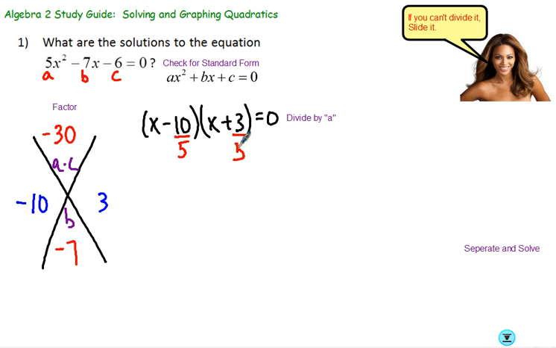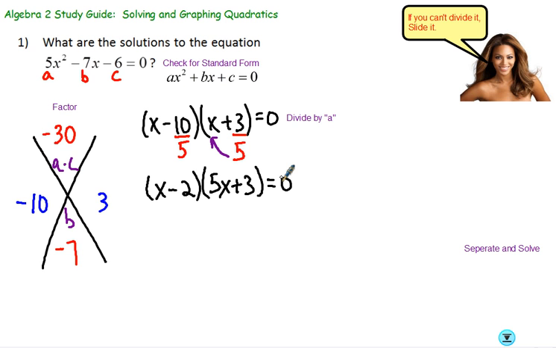So divide by A, and then we want to divide these numbers. For instance, negative 10 divided by 5 would be a negative 2. Then you look at something like 3 and 5, and you're like, well, that actually doesn't divide evenly. Well, that's where Beyonce's got another little reminder for us here. She says, if you can't divide it, slide it. Yeah, there you go. So x plus 3, you're going to slide this thing in front. That was really bad. I apologize. So 5x plus 3